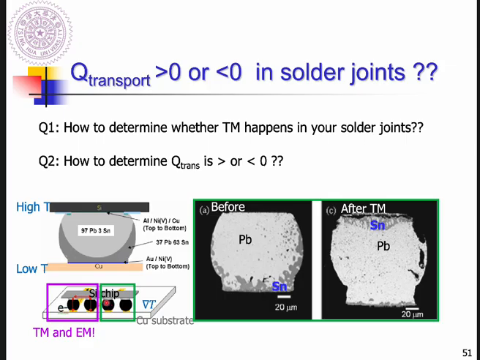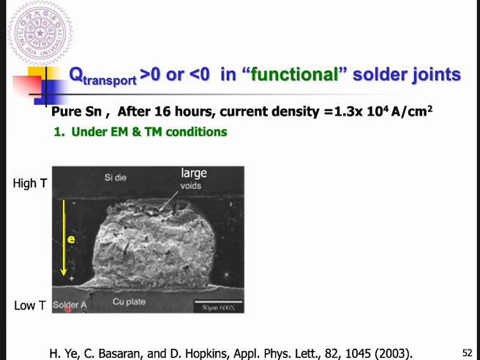Which means that there should be a current passing through the solder bond, and in the meantime, a temperature gradient acting on these materials. So serving as a real solder bond, they have current passing through, and also they will suffer a temperature gradient. Under these real situations, are there any methods or strategies to determine what the real heat of transport is for